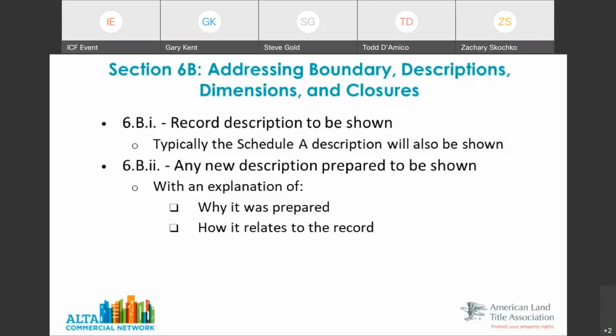Or in the case of a survey that I just finished today, there were three tracts, and they don't have clear explanations of how they all relate together. So from a surveying standpoint, I wrote an as-surveyed description to combine those tracts and state the property clearly on the face of the survey. Again, it should have a note as to why, and the only two parties that are allowed to make that determination are the surveyor and the title insurer. So let's go to the next slide.